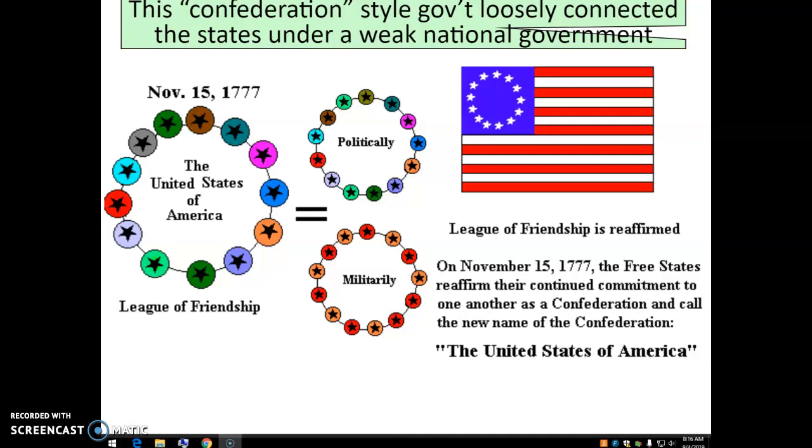So that's kind of what this confederation is, where you still have each state having more power than the federal government combined, I should say. So Virginia governs itself differently than North Carolina or Maryland or Pennsylvania, and the states have more power, more autonomy than the actual government does, the federal government does on a national level.